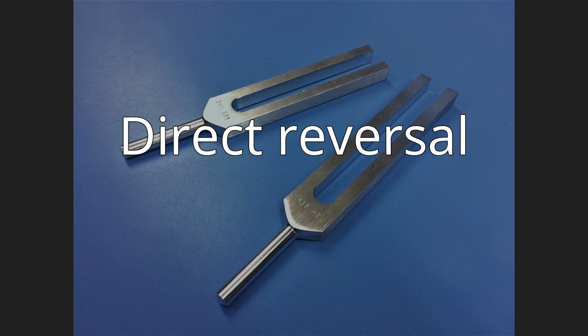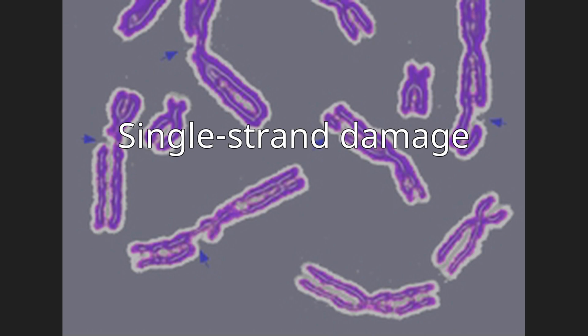The third type of DNA damage reversed by cells is certain methylation of the bases cytosine and adenine. Single-strand damage. When only one of the two strands of a double helix has a defect, the other strand can be used as a template to guide the correction of the damaged strand. In base excision repair (BER), damaged single bases or nucleotides are most commonly repaired by removing the base or the nucleotide involved and then inserting the correct base or nucleotide.